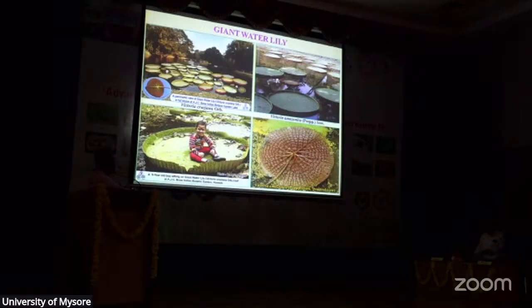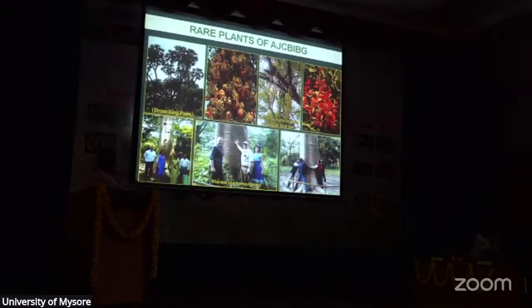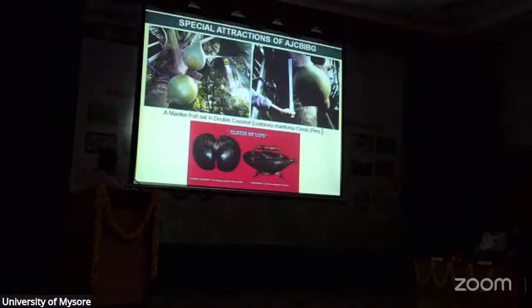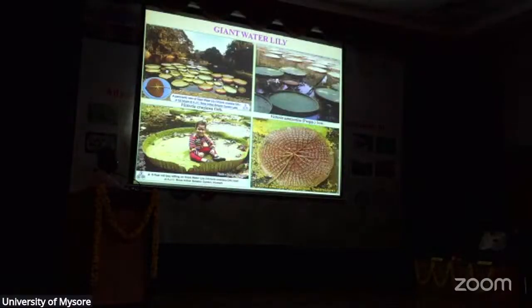Yes, now I'm coming. And these are some of the different areas inside the Botanic Garden, with many different groups of plants. Of course, we have very rare plants. In the 18th century, the Britishers introduced the giant water lily, Victoria amazonica. Two species are there, Victoria amazonica and Victoria cruziana, and it can very well hold a child of 5 to 6 years, a very hardy and very attractive plant for this Botanic Garden.